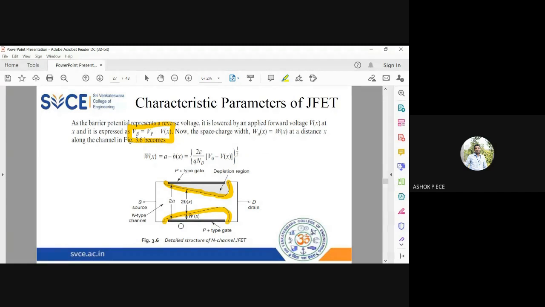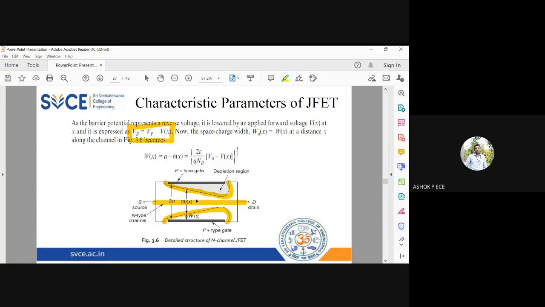x along the channel. As you move along the channel, you can see that the channel length is getting reduced, or the channel area is getting reduced. So I can write W of x is equal to A minus B of x. See here, at the beginning you have 2A. As you move further into the depletion region, which is wedge shaped, the width keeps on reducing. On average, if you take along the center line, it is A, and here it is B of x. So the depletion layer width is going to be A minus B of x. On both sides, it is 2 into A minus B of x.